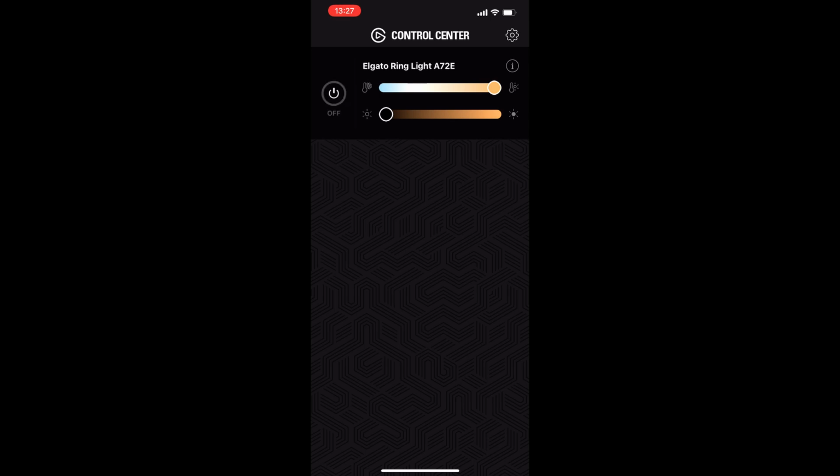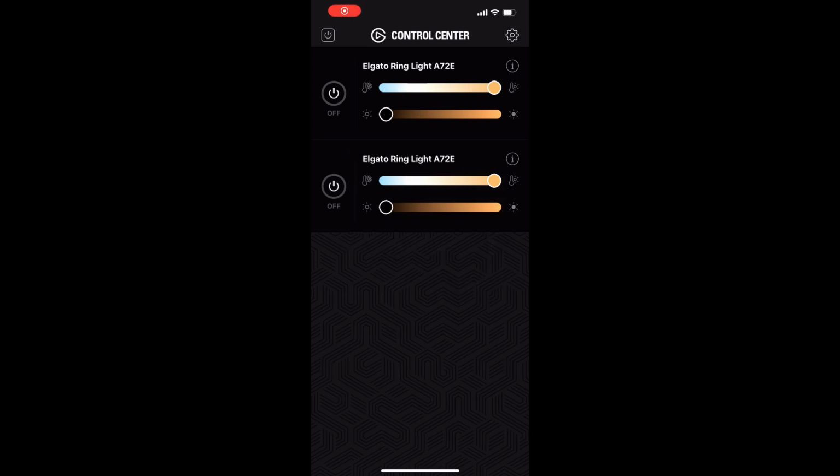So you can turn it off, turn it on, turn it off, turn it on, and you can set the color temperature to whatever value you want. And you can again set the brightness to whatever values you want. So this works perfectly. Now another issue which I have faced is that whenever you open it, it's actually duplicated.